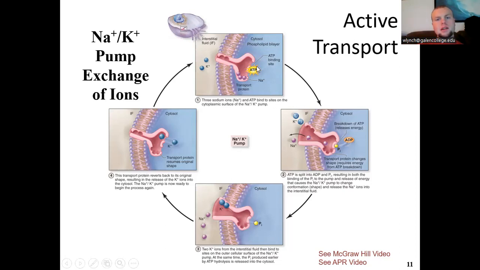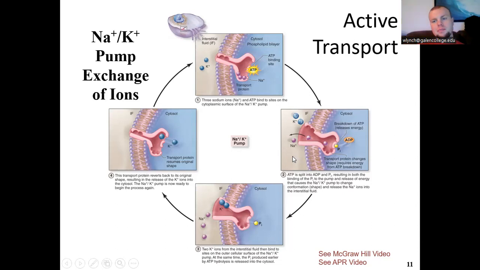That ATP binding allows for opening of a conformational change on the inside of the cell. It's going to bind to 3 sodium atoms. Once those sodiums bind, this is going to allow for opening of the channel. So once we have binding, that ATP has been cleaved, so we had the phosphorylation happen. Phosphorylation is going to release energy. The energy is going to allow for the sodiums to move through the channel into the outside environment, in the